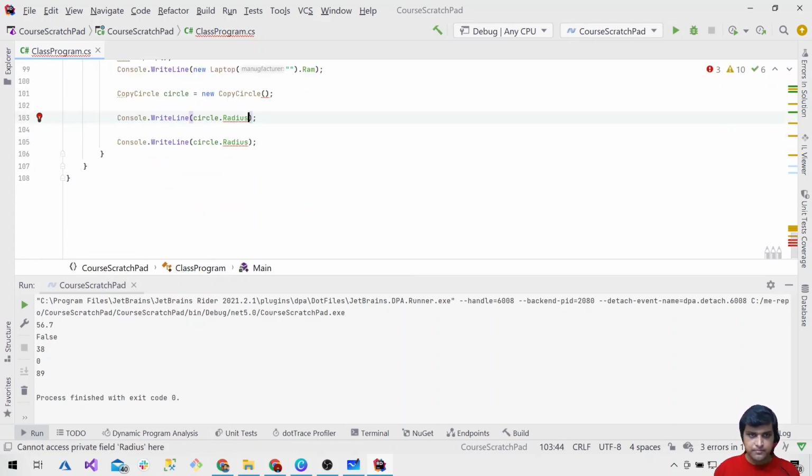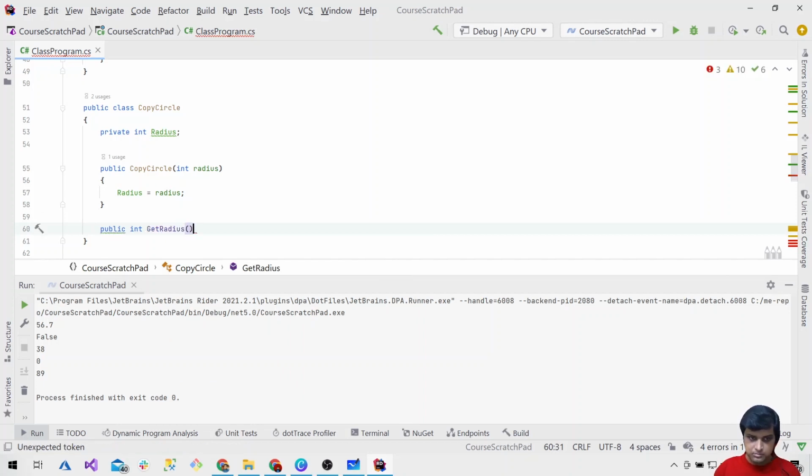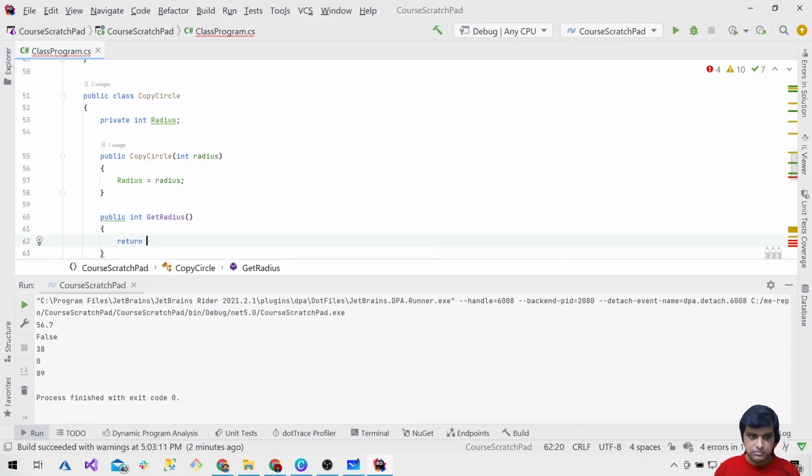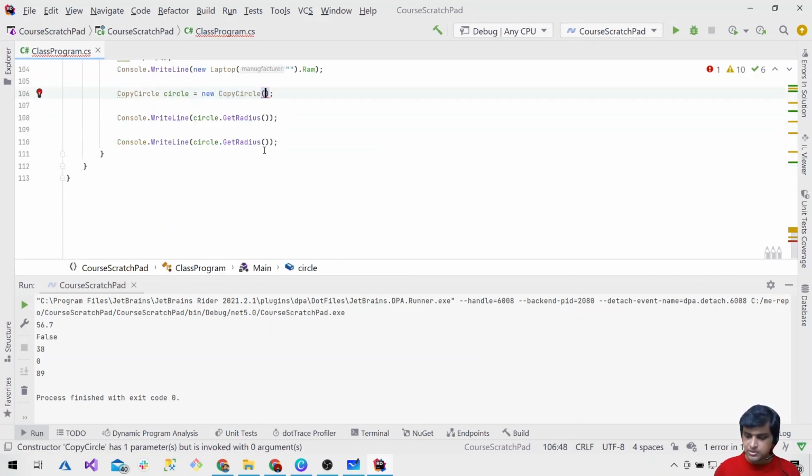So for now, to remove the compile time error we have to add it. Good, but the obvious problem is the previous problem still